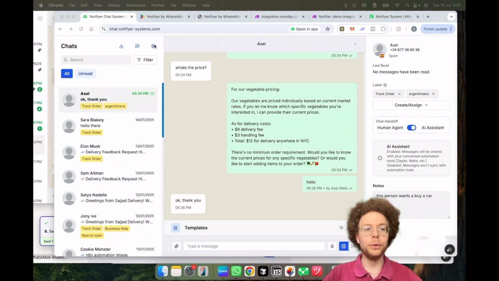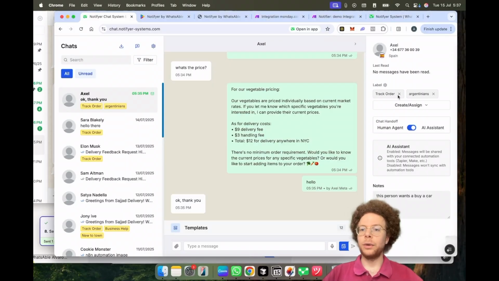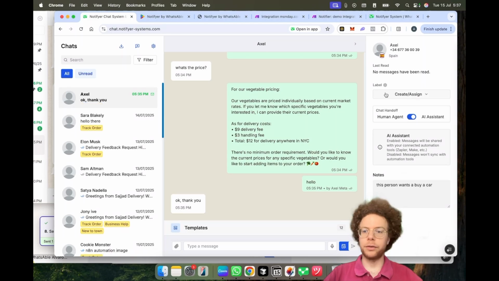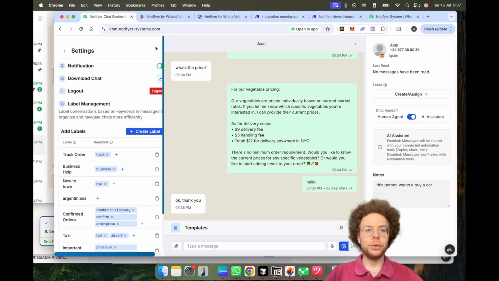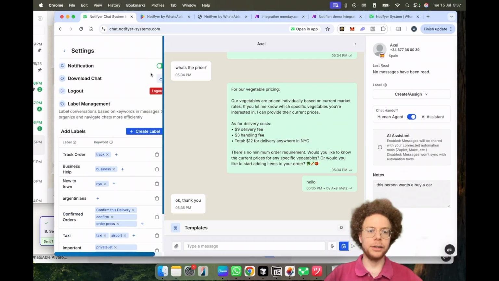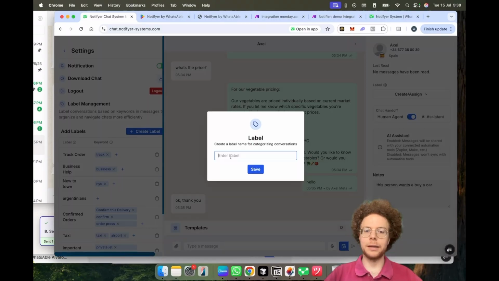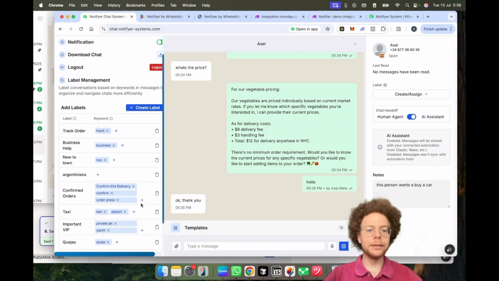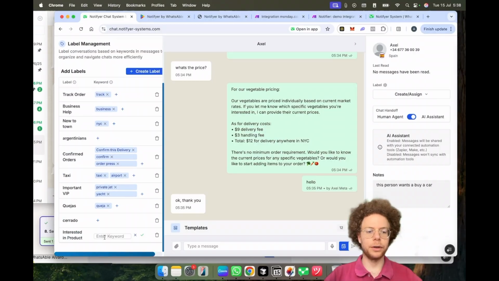Now, let me show you the label system because this is a very useful thing. So labels are a way for you to filter conversations. And you can do them here. If you select on this wheel here on the top, you click here, you'll be able to create a label. For example, people interested in our product. Okay? Now I can say that people who say the words, I want more information, want more info, or people who say the word interested,